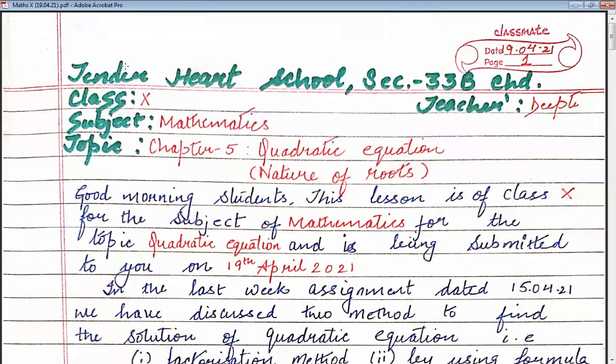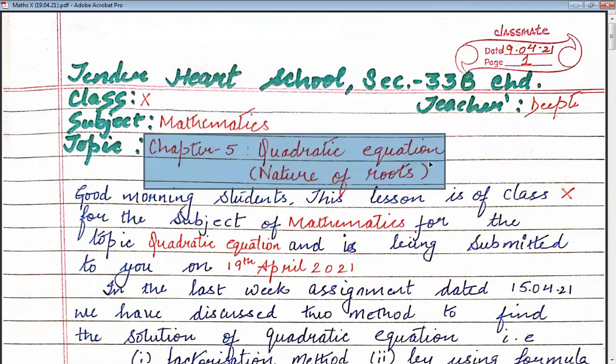Good morning, students. Students, this lesson is of class 10th for the subject of mathematics, topic quadratic equations, and today we will discuss nature of roots and is being submitted to you on 19th April